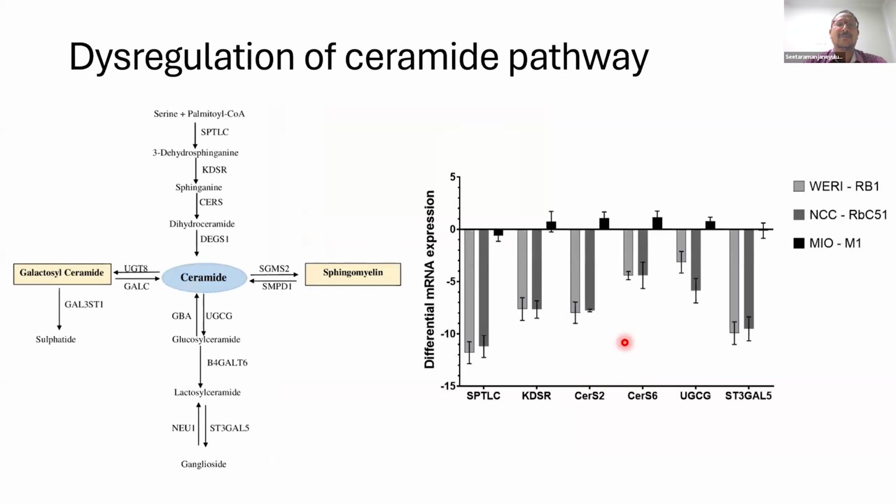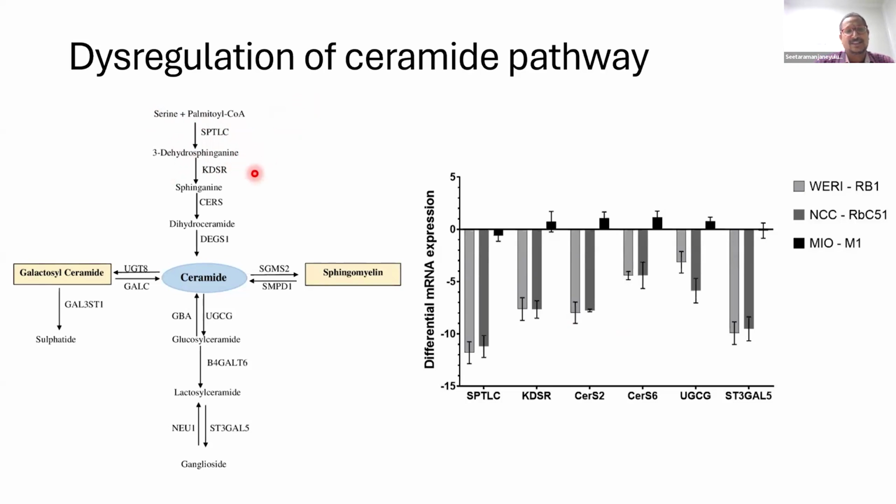Then how is this drug resistance implied in the lipid profile and in the ceramide pathway? To study this, we selected some genes from the ceramide pathway. The ceramide pathway is briefly like this. Palmitoyl CoA, which contains 16 carbons, reacts with serine and makes a C18 chain. The amine group in the serine will be added, and the carbonyl group will be intact. So it will be a